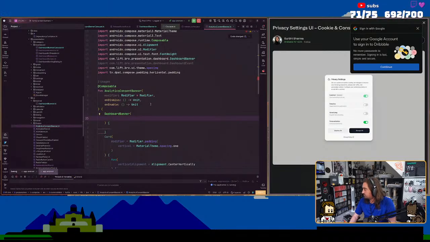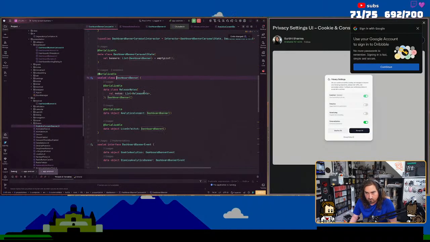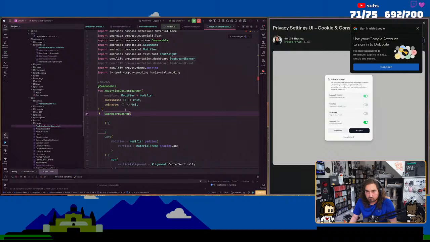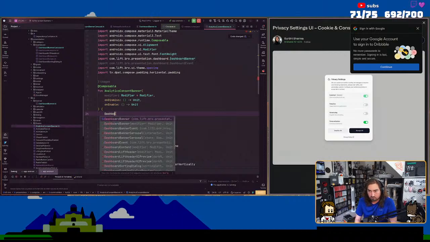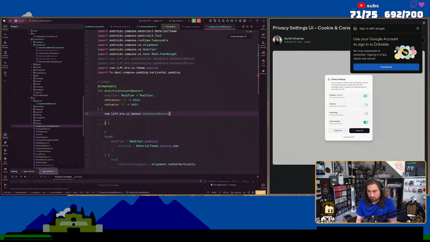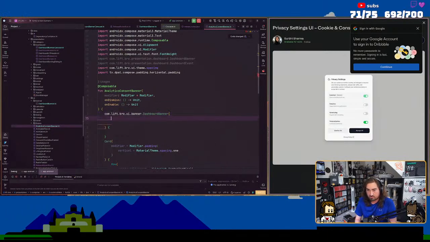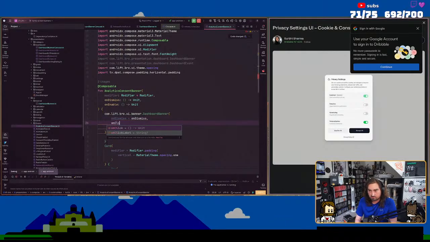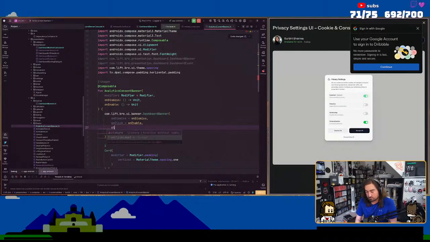We are going to, oh wait, no, I gotta fix that. I will fix it later though. So on dismiss goes on dismiss, on click equals on enable. Click label is going to be enable analytics.